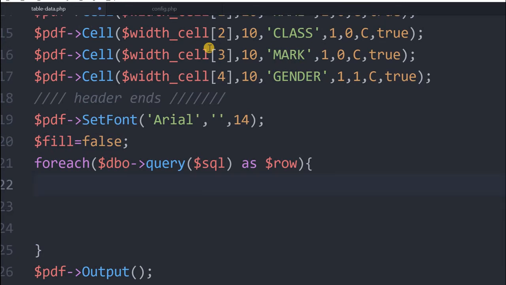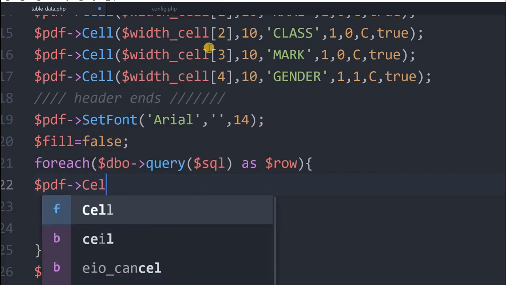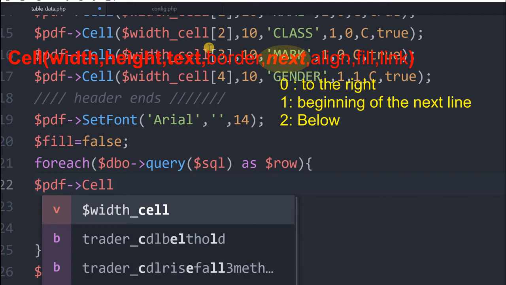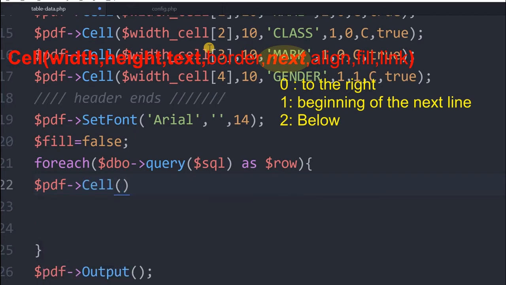Here I will write my cell value. I'll start with the ID, the first column cell. Now the width: the array element I am taking for the width of the cell is the first element, so 0. Next the height is 10. Now the string, which I will be taking from the database.